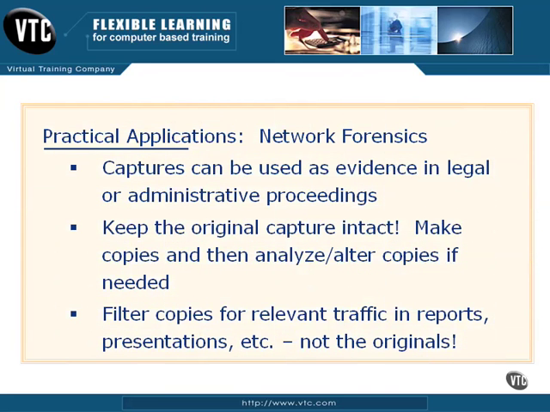Now, one note about network forensics and packet captures is that captures can be used as evidence in legal or administrative proceedings, but there's a couple of caveats. First of all, you want to keep the original capture intact. Don't alter it. You need to take the capture and put it in a safe place and make a note of it, the time and date it was taken and so forth, and store it in a safe place. You need to make copies of it, and it would help a lot in the forensics process if you did an MD5 sum or a SHA-1 sum of those captures so you can prove that the copy is identical to the original. You make the copies, make sure that they're identical, and then you analyze or alter the copies if you need to. You never touch the